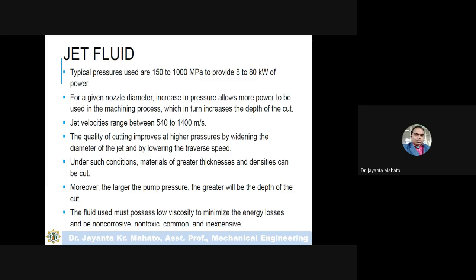Means if the nozzle diameter remains constant, then to increase the pressure of the jet, more power will be required. The pressure of the jet can be increased by decreasing the diameter. If the diameter is the same, more power is needed to increase the pressure. And if the diameter is smaller, meaning pressure is higher, then depth of cut